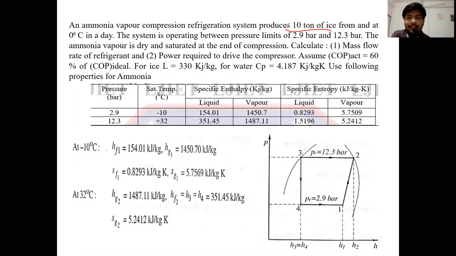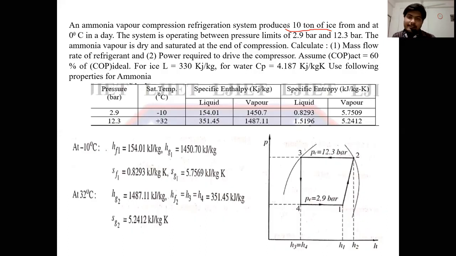At 0 degree, the temperature of ice is 0 degree. From water at 0 degree to form ice at 0 degree. That means the concept of total latent heat, because the phase change is done at a constant temperature, that is 0 degree. That is, liquid or water is converted into ice at 0 degree. That means latent heat comes into the picture, in a day, or say in 24 hours. Okay, ice formation in 24 hours.